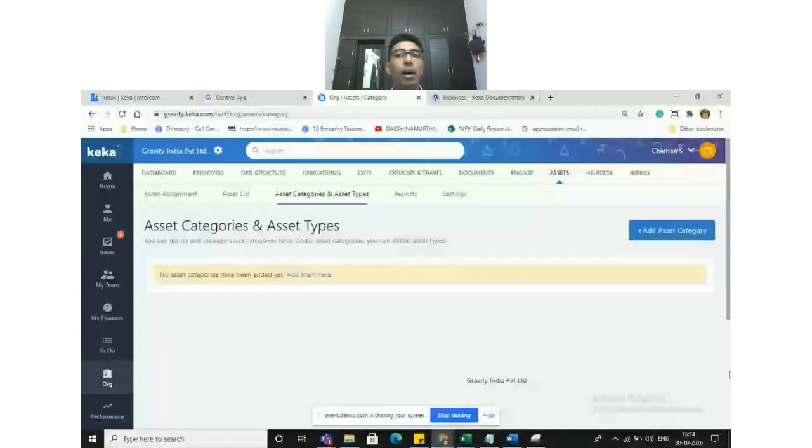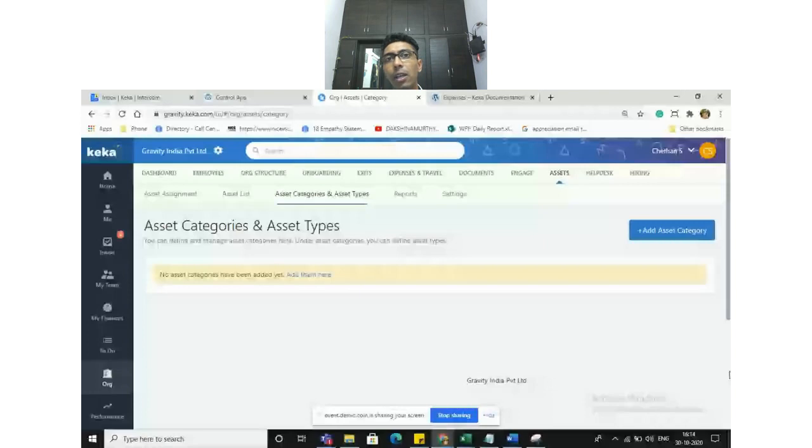Okay, first, we have to identify in an organization what are the different categories of assets a particular organization can possess. Okay, it varies from organization to organization. Not always are all categories applicable to all organizations.